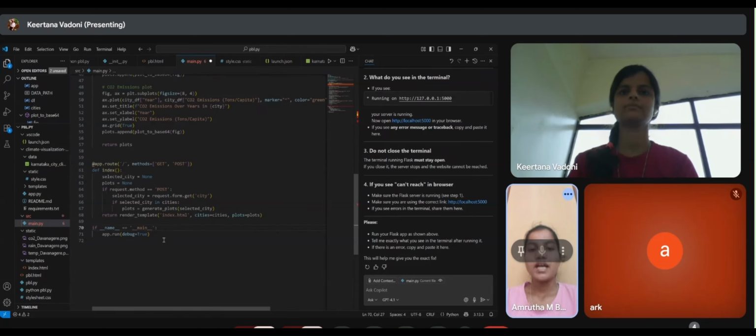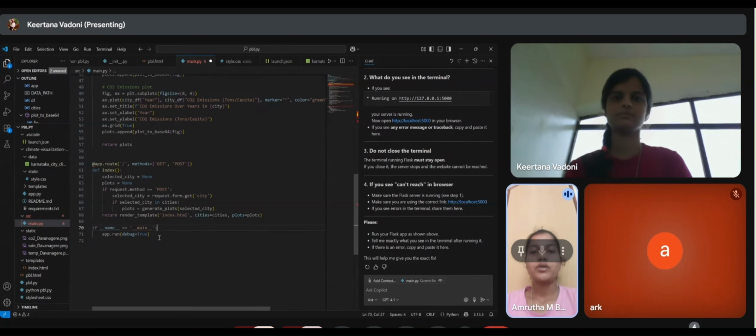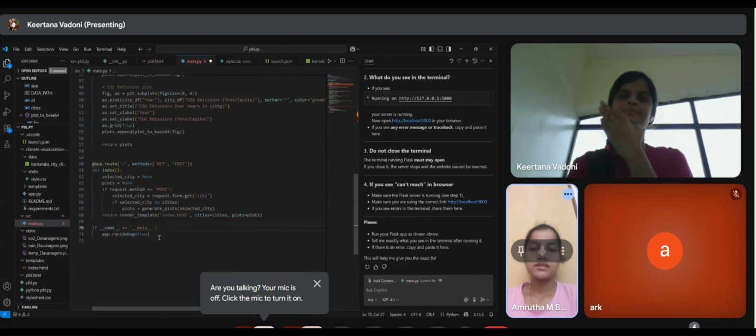Next, app.route with methods GET and POST, def index. It means the home route of the Flask app accepts both GET and POST methods. Next, selected_city is equal to None, plot is equal to None. Initialize the empty values. Next, if request.method is equal to POST, selected_city is equal to